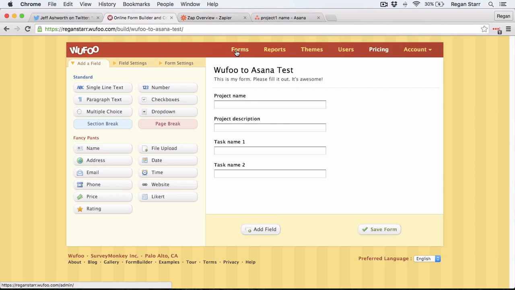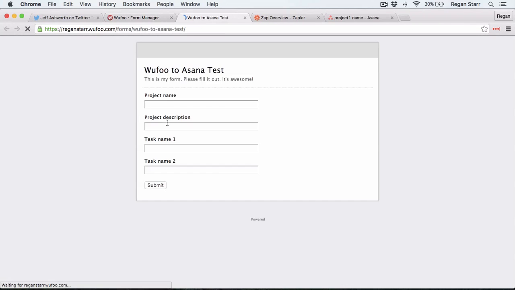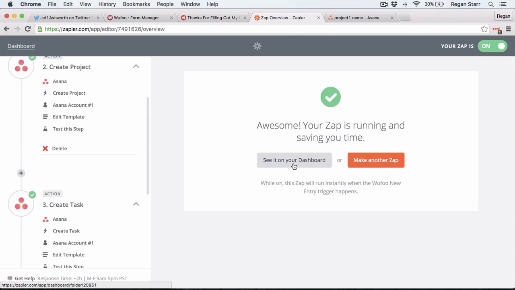Let's test the whole thing. Let's go view our form. For the project name, let's call it Live Test 1. For the project description, we'll just say Live Test Description. Task name 1, do something. Task name 2, do something else. We've submitted it. And if we go to our dashboard,